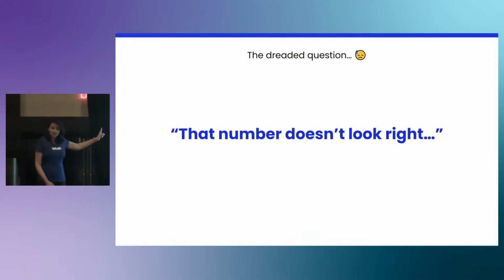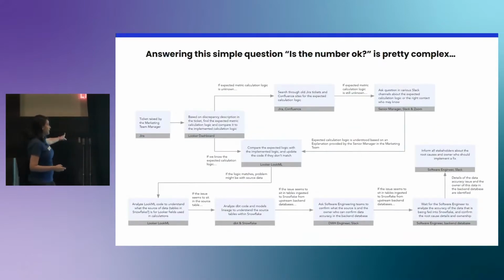Now, the problem with this question is that it actually seems like a really simple question, but only data people know how complicated answering this question actually is. So we had a data team that mapped out what actually happens when there's a metric issue. They're like, we go into Looker and check if the metric calculation changed, and then we go to Jira and see if there was any expected calculation logic, and then we go to Slack and ask a question, and then we go to LookML, and then we go to, anyway,